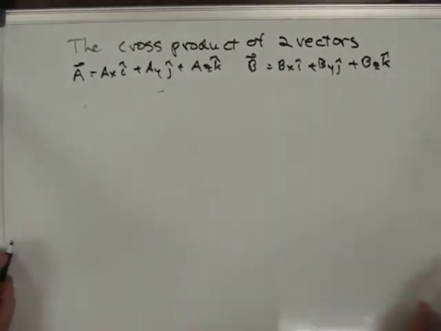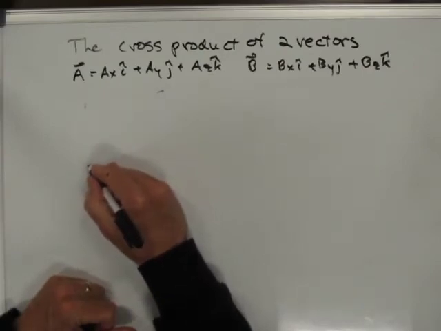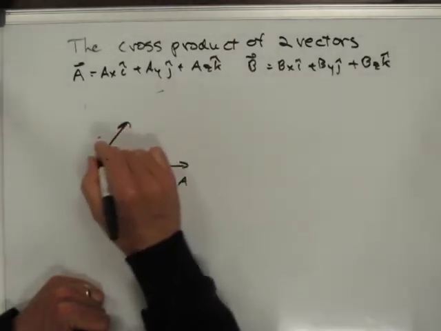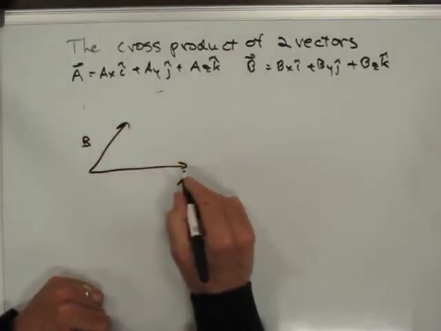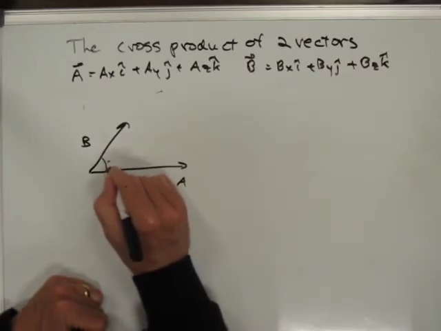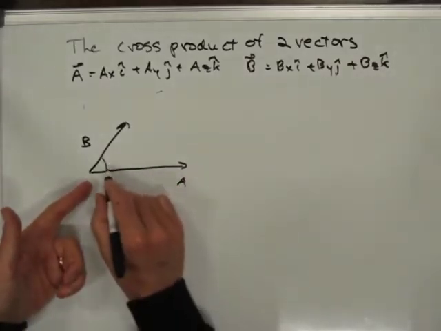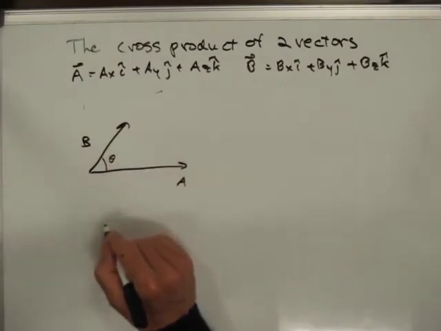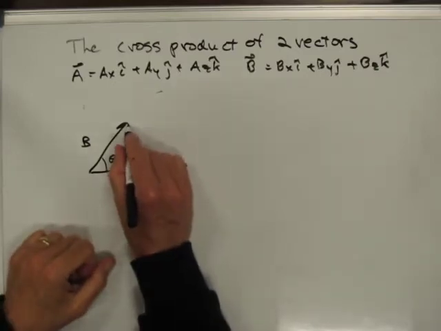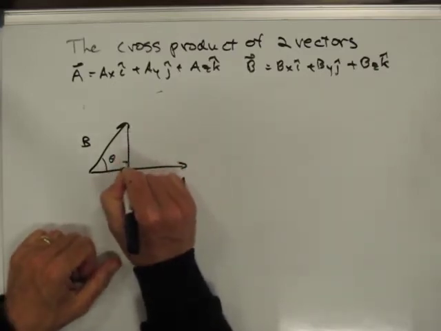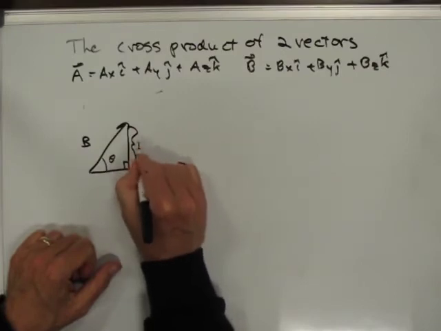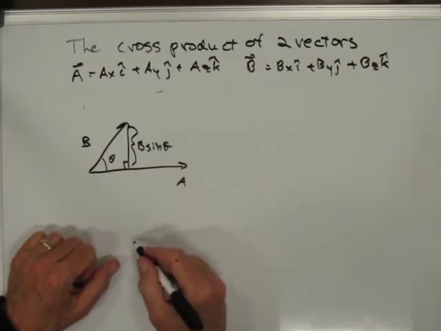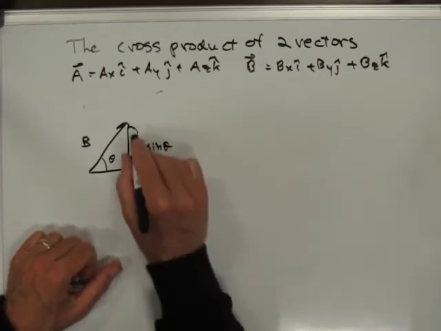But we can say if this is my vector A and this is my vector B, and this is the angle between them, so I said this one had a theta angle and this one had a phi angle, but now if I just say theta is the angle between the two, since that's all I'm really interested in, then I can say this piece right here is B sine theta, right? And so AB sine theta